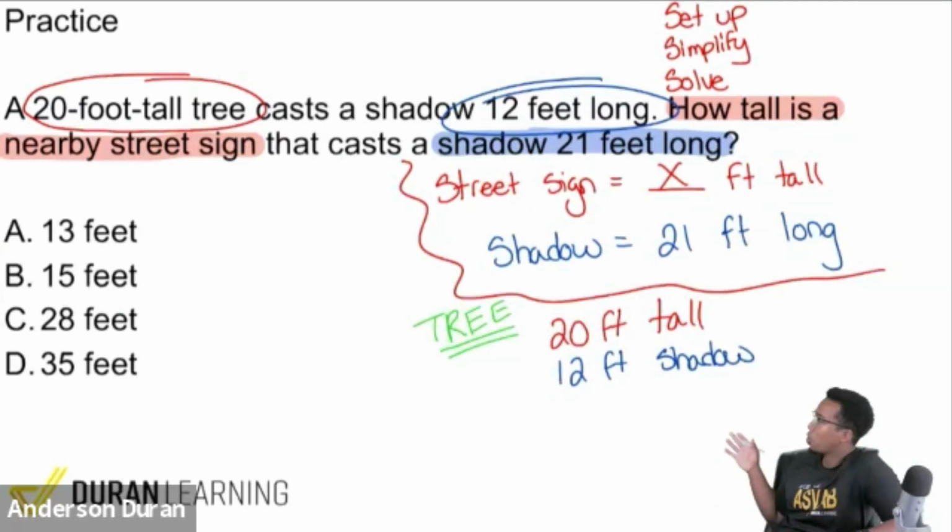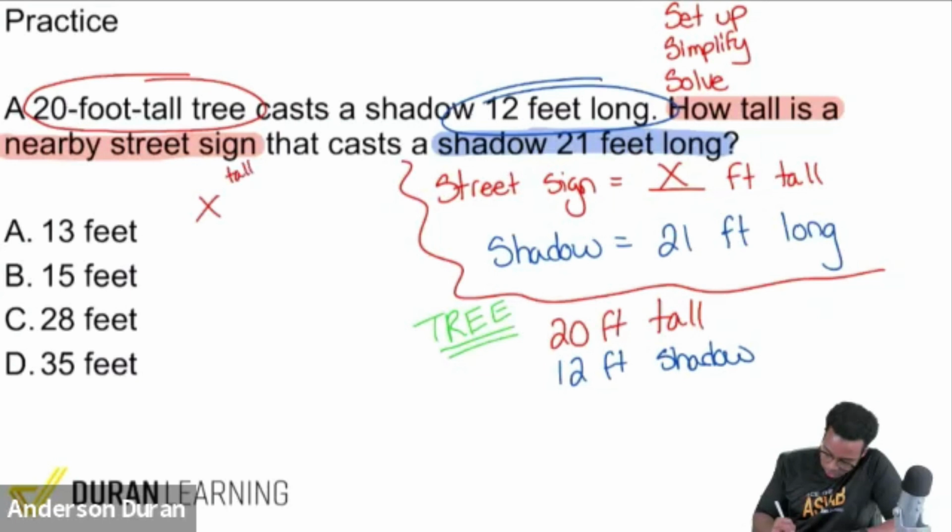Now, notice how I color coordinated this. And this is for your benefit, obviously. But understand, as you keep working forward, you're not always going to have the luxury of color coordination. And that's okay. I'm using this to help you make the comparison here, make the connection. So when we take a look here, look at what's going on, everybody. I see that we have the height to the shadow, height to the shadow. Are we going to compare the same things in the same way? Absolutely. Watch this. X, again, that represents tall, divided by 21, which is the shadow,